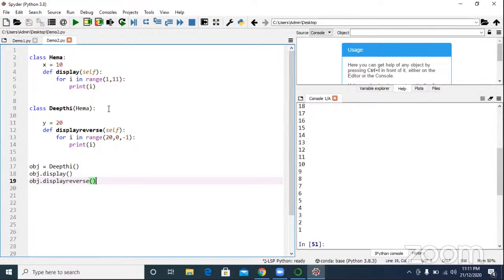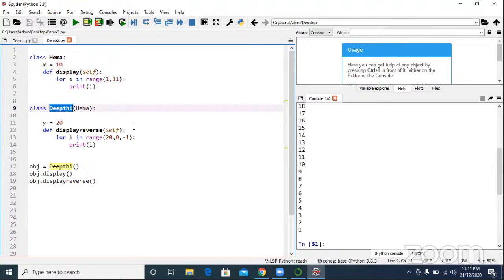In Java, if you have one superclass and one subclass, what type of inheritance is it? Single level inheritance. What do you mean by single level inheritance?